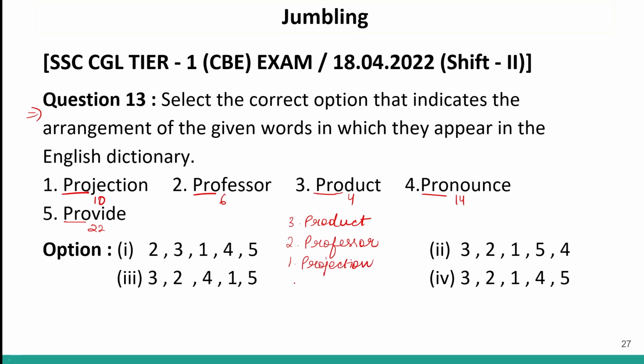After this, the next word will be pronounce. After this, the next word will be provide. The correct logical sequence will be 3, 2, 1, 4, 5, which is given in option number 4. So, option number 4 will be your correct answer.